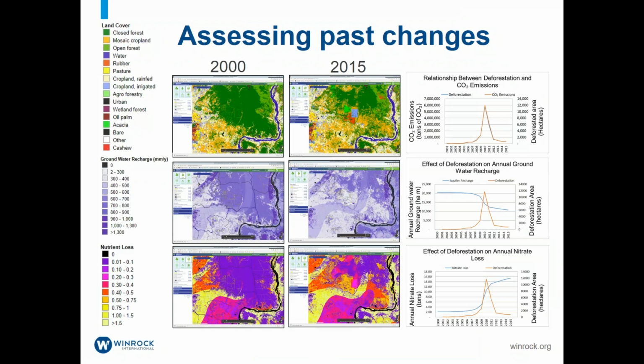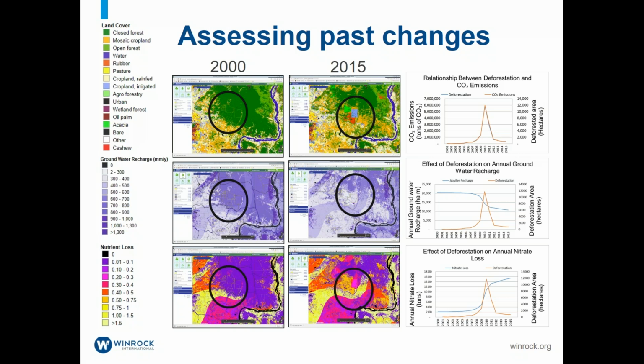So here's a brief example of the data from the WEST tool. Here you can see the two images, the first one from 2000 on the left, and then 2015 on the right. And right there in the middle, I circled it because it's hard to see, but there's three large land use concessions that were developed over that period of time. And on the charts on the right, which are a product of the WEST tool, you can see when that deforestation happened, the carbon emissions, the area lost,